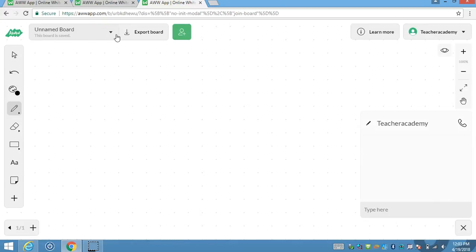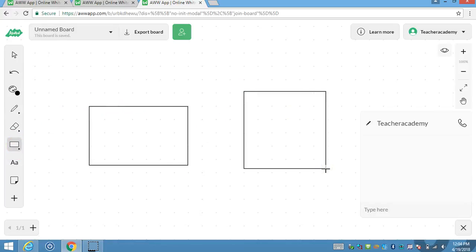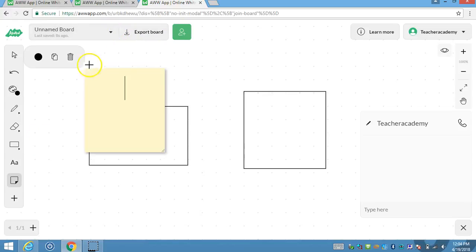To save what you've created, so let's say you've made some things and you want to save it. It's very crucial to save. You should save your board quite often when you're making it. To save what you have created, just click again on the drop-down menu where it says Unnamed Board and click Save Board, and it will save the board to